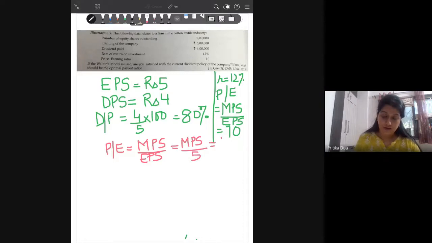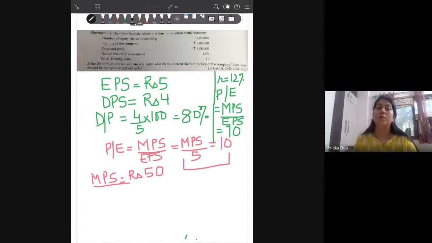Putting the values, you get the market price of the share as rupees 50. So this means that currently with the present dividend payout ratio, the market price of the share comes to rupees 50. Also, to see whether this is the optimum dividend payout ratio, we need to apply the Walter model,